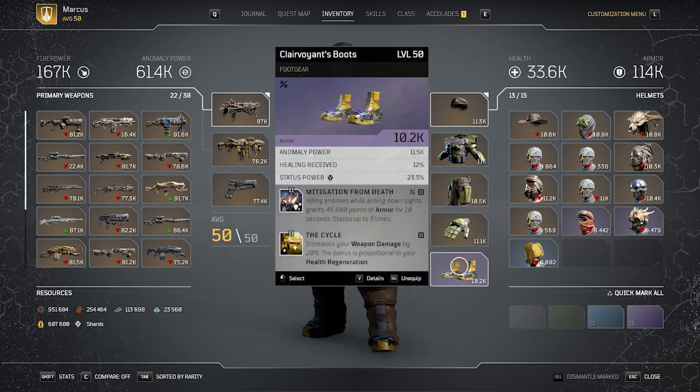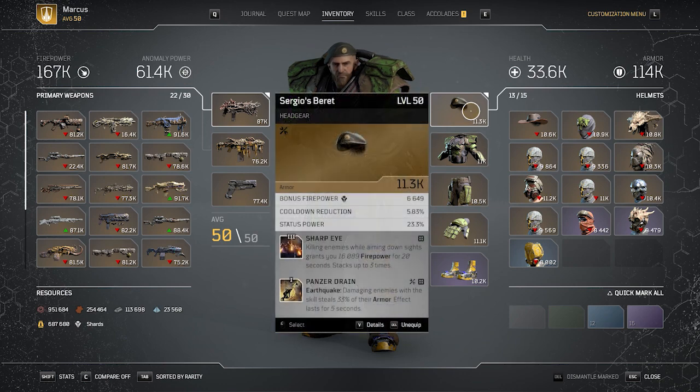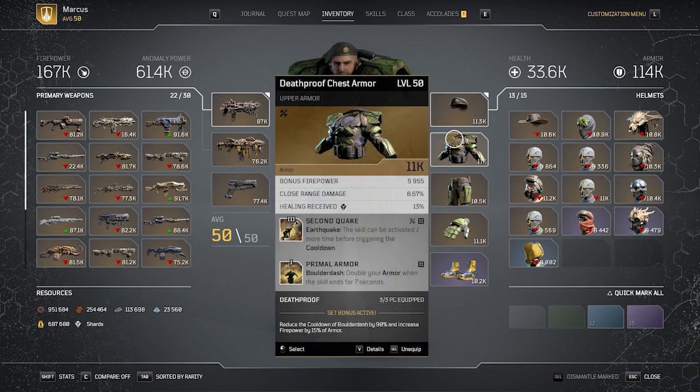Now your boots can be whatever. I'm using Mitigation from Death, but I'm finding that it only works at the start of the ramp up because of its 10-second stacking, and it only does it up to 3 times. The cycle I have is just because I'm running health regen in the mid tree, but you can pretty much switch this out for whatever you want. Same as Mitigation from Death, same as Surgeros Barrette with Sharp Eye. You can pretty much switch the primal. What you really want to keep here is Primal Armor,